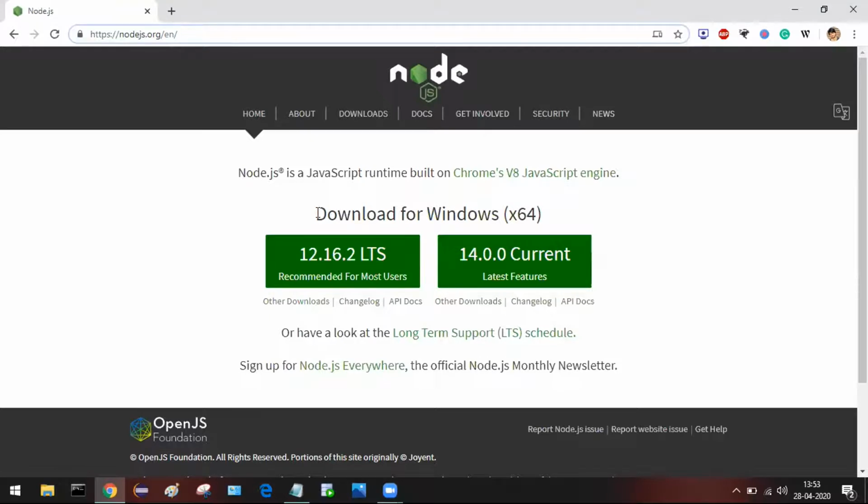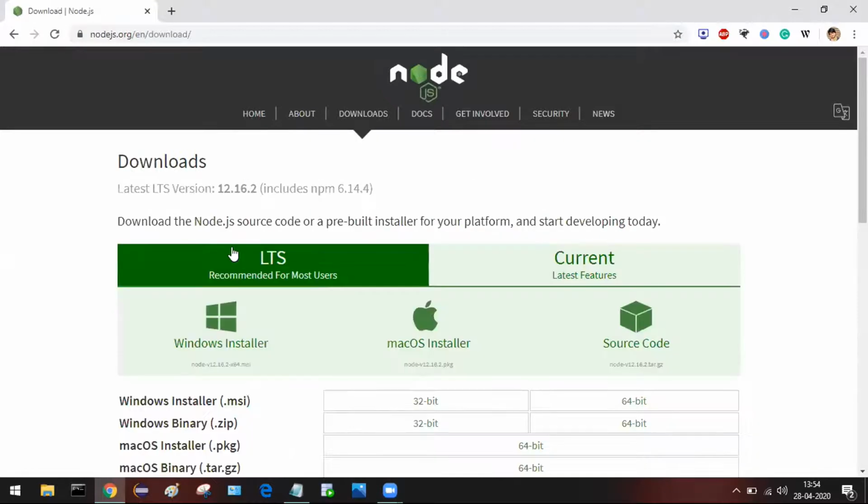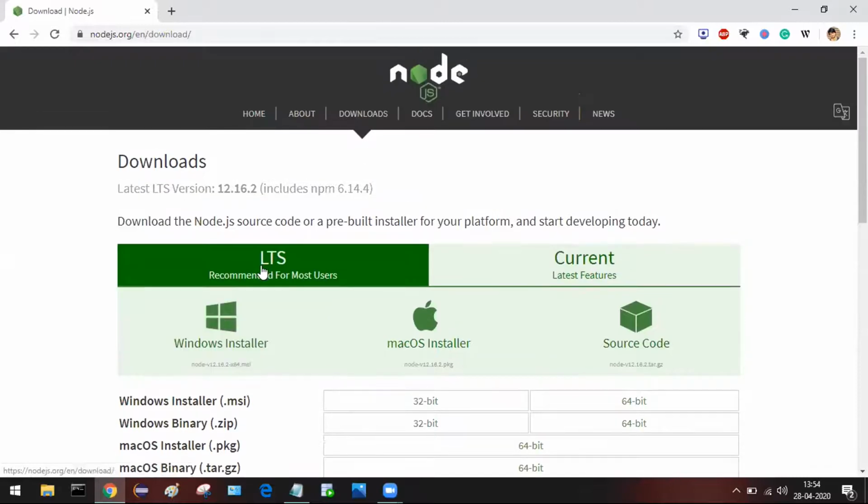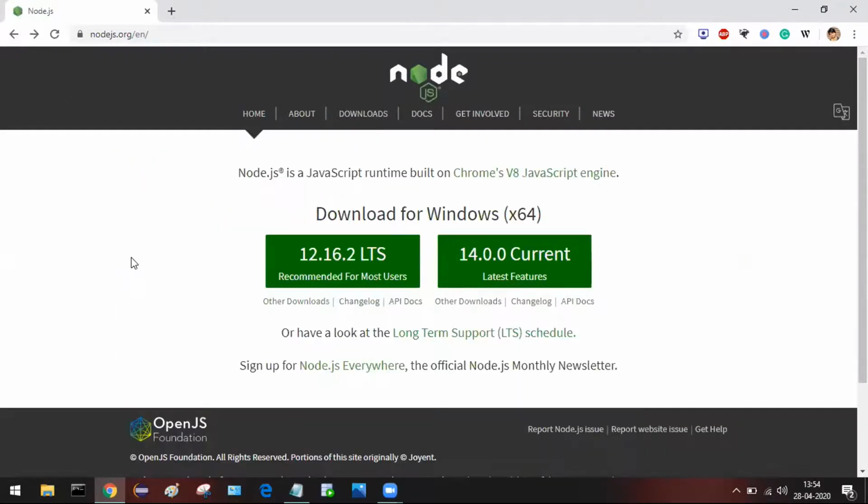By default, the installation file it is going to offer us is Windows 64, because I'm currently using a 64-bit system. If your system is 32-bit, you can choose other downloads. There you'll find the 32-bit version.